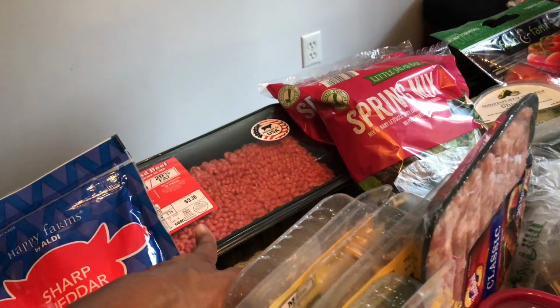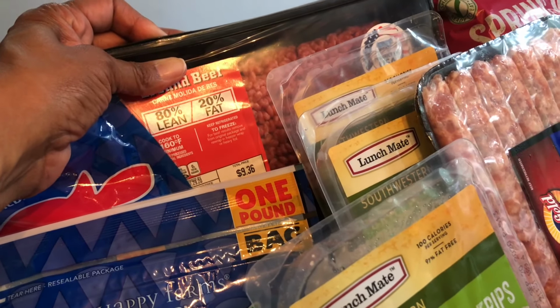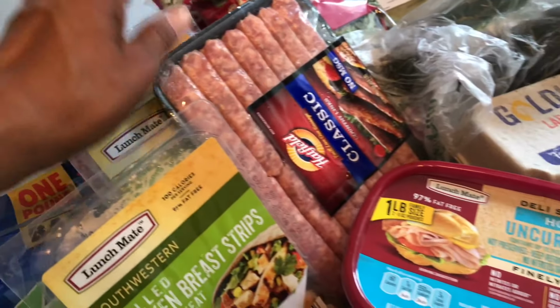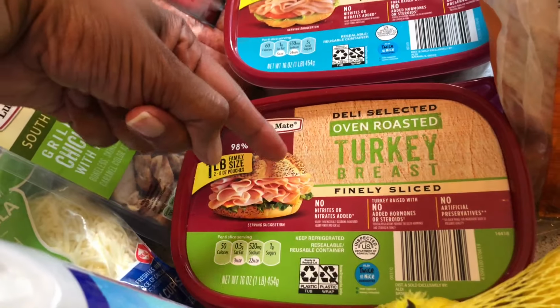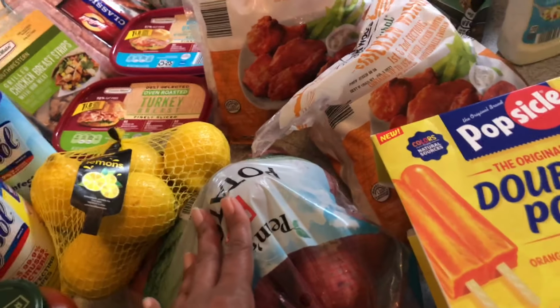I picked up some hamburger meat. The prices are slowly going down, but again, $9.36. I can remember this was 7 and change, but hey, I picked it up. I also picked up 1 container of the breakfast sausage from Hatfield. Picked up some honey ham, some oven roast turkey, some lemons, some red potatoes,